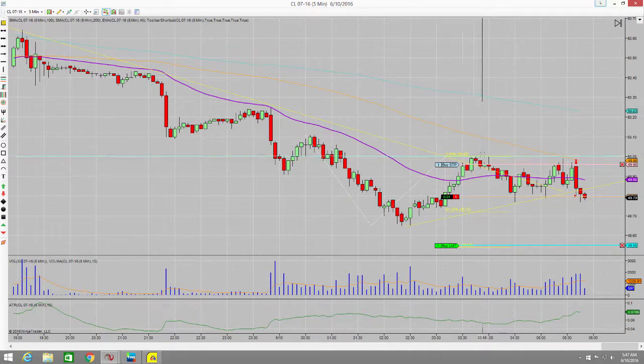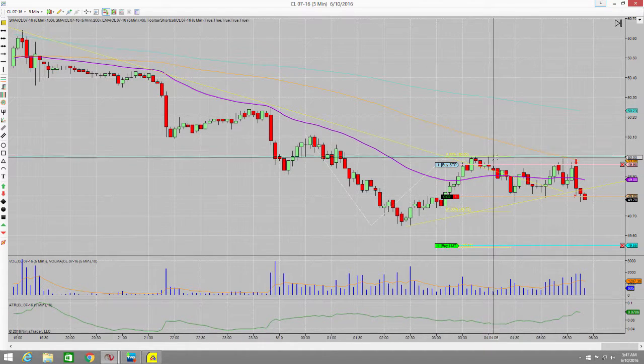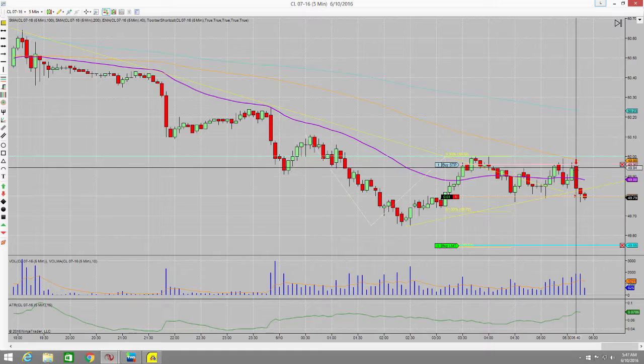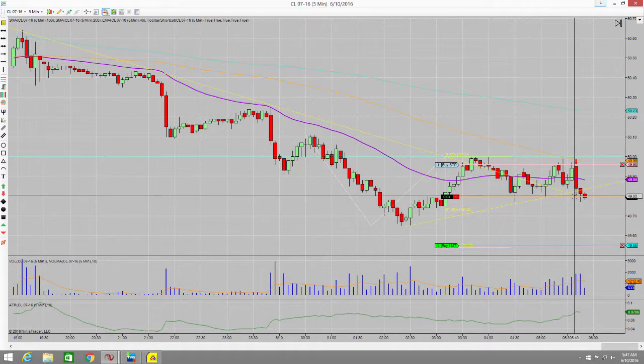Had a bit of a pullback to 50, which is kind of a big round emotional whole number. So I was watching that, formed kind of an ascending wedge, and as soon as I saw this huge down candle, I jumped in. Now I was a little bit too aggressive, and I'm not super happy with my entry here,